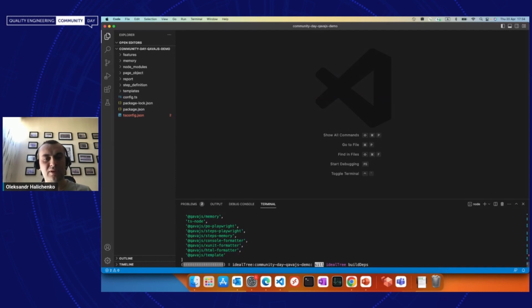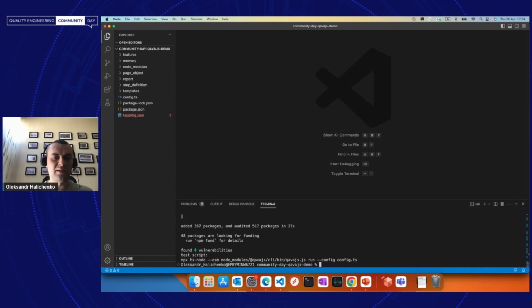The Qavajs installer will install all necessary modules, as you can see. For TypeScript, it works using ts-node, so you don't need to compile your TypeScript code. It will work with your TS files. Let's wait a second until it installs. It installs, and Qavajs generates the command that I need to run our test cases. But first, let's take a look at